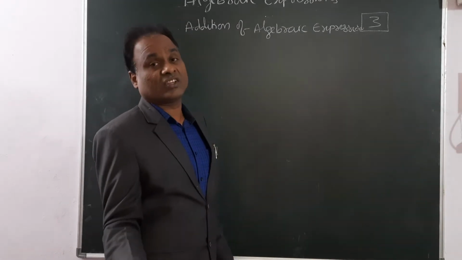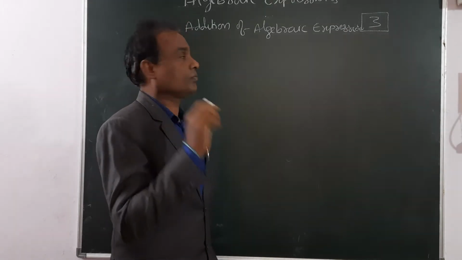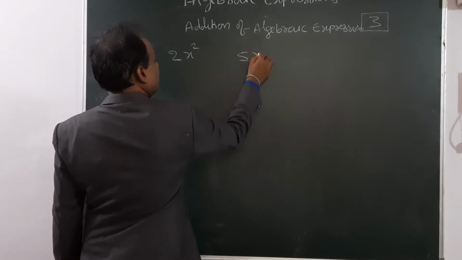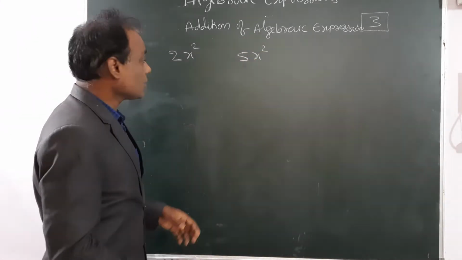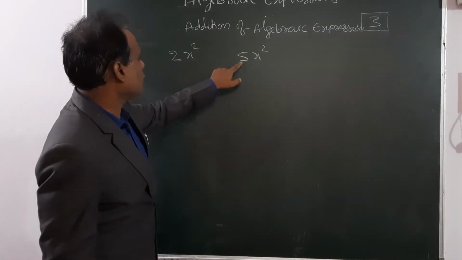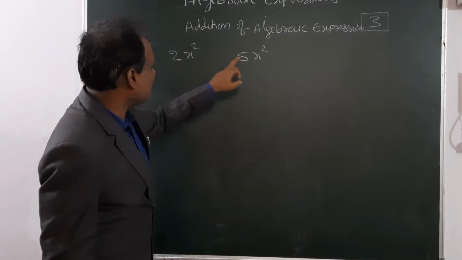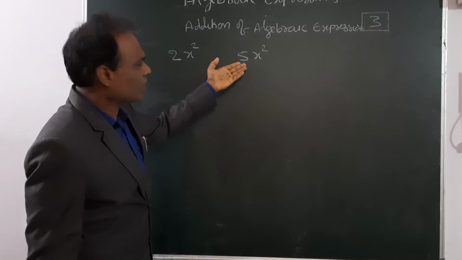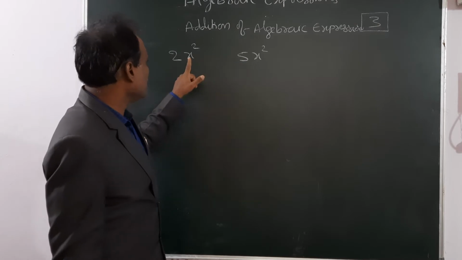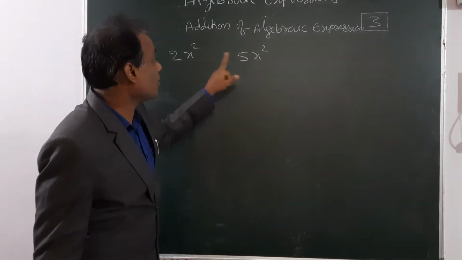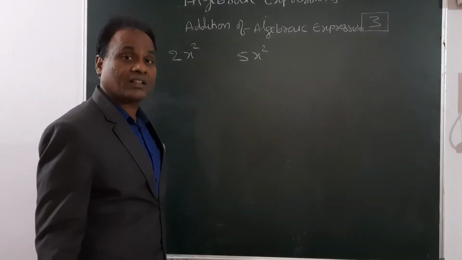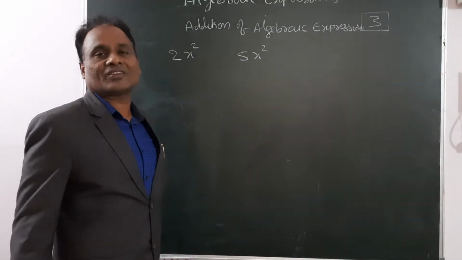Addition or subtraction is possible only with like terms. Suppose 2x square is there and 5x square is there. These are like terms. For like terms, we don't look at the constant, this coefficient. Whatever the number may be, 10, 20, we are least bothered about it. The concern is only whether the variable is the same, x the same or not, and whether the power, the exponent, is the same or not. So these are clearly like terms.